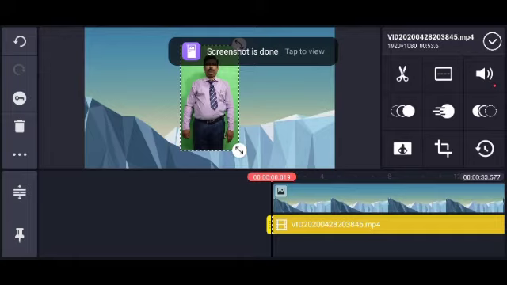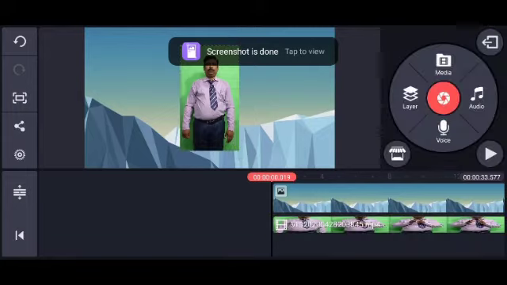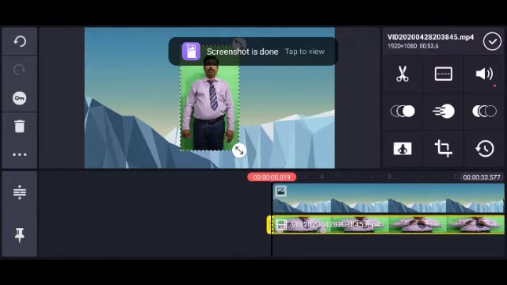But on the screen you need to adjust. You can see the picture with the arrow marks and all those things. Now make your own adjustments. You can move it up, you can move it down, you can enlarge it, as much as you want. Here I want to drag it to the left bottom, so that the entire video explanation will come in that particular box only. This one you can drag and move aside.